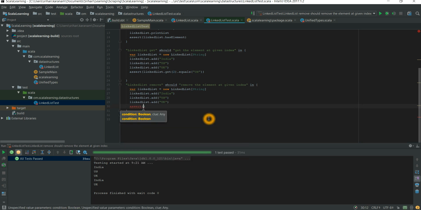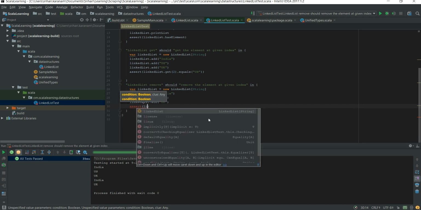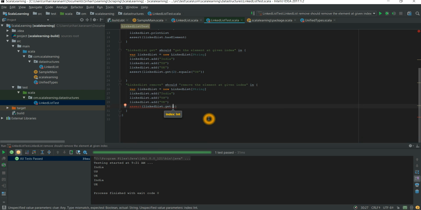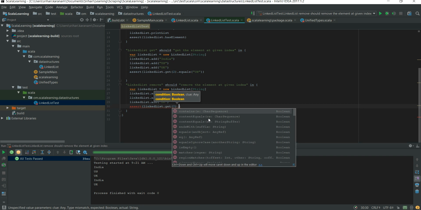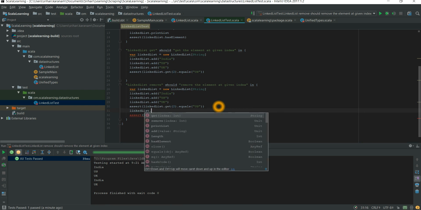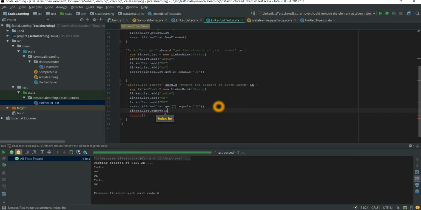Whenever you do it, assert linked list dot get two should be equal to US, right? And then you remove this element, linked list dot remove two, and once you remove it,